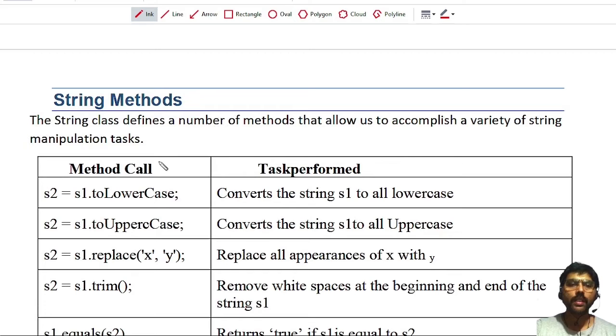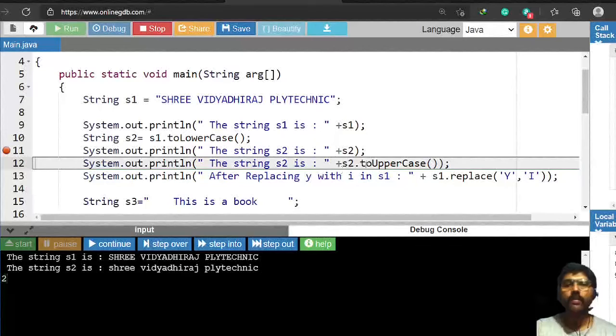The next one is toUpperCase. In this method, it will convert the string into uppercase characters. It will also create a new string which is stored in s2. Now see here, it converts the string s1 to all uppercase characters. Now I want to demonstrate toUpperCase here.